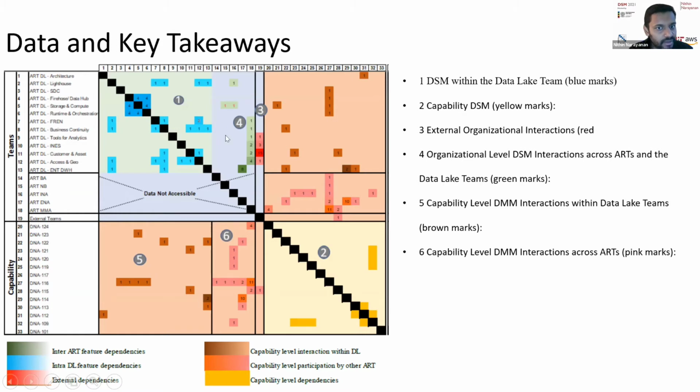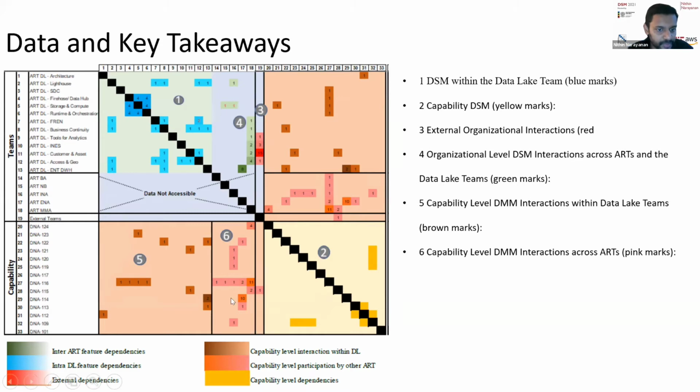So we looked at various ARTs. You can see in row 8, that is, 18, which is the last ART, ART MMA has a dependency on a lot of these teams. So it is imperative that all these teams work with the other ART and set up additional communication channels so that these features are coordinated well in order to deliver within that particular PI itself.